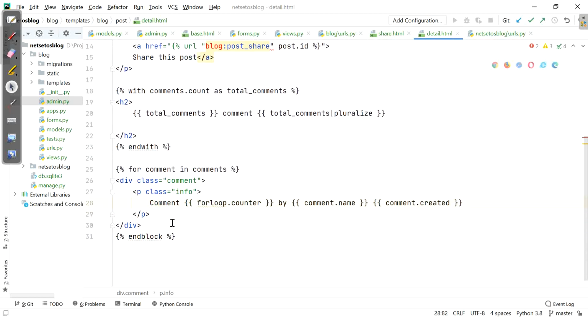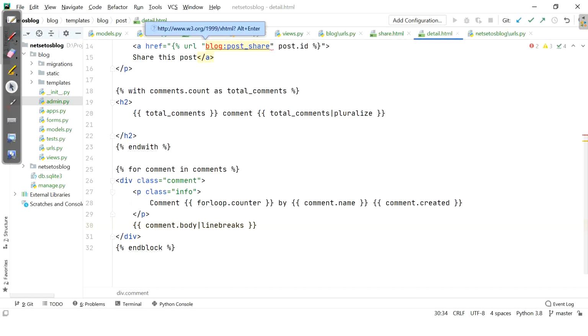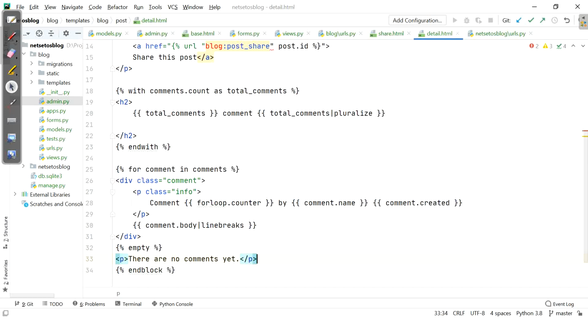Now outside this p tag I will have comment.body, which will have line breaks, and after this we will have an empty section, and inside a p tag I will define there are no comments yet. Let's end the for loop, and then there should be space over here.